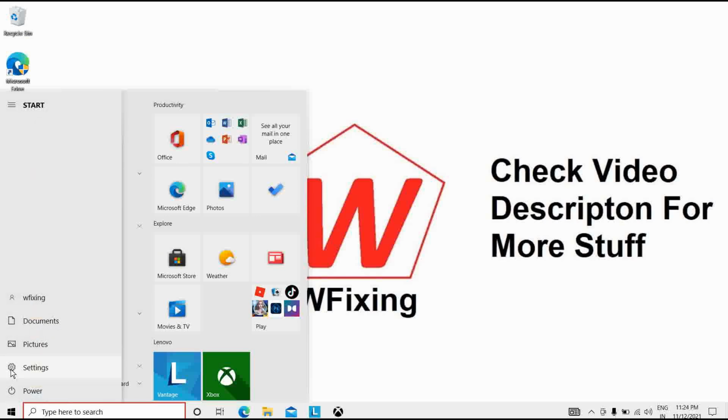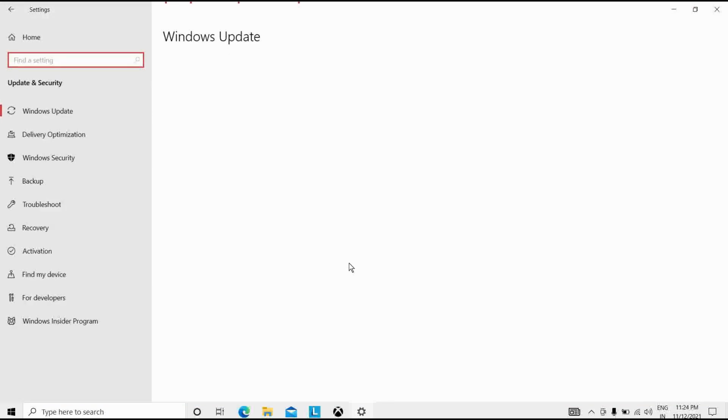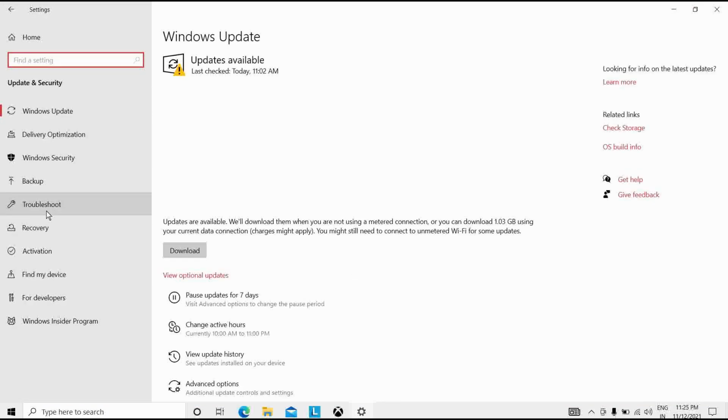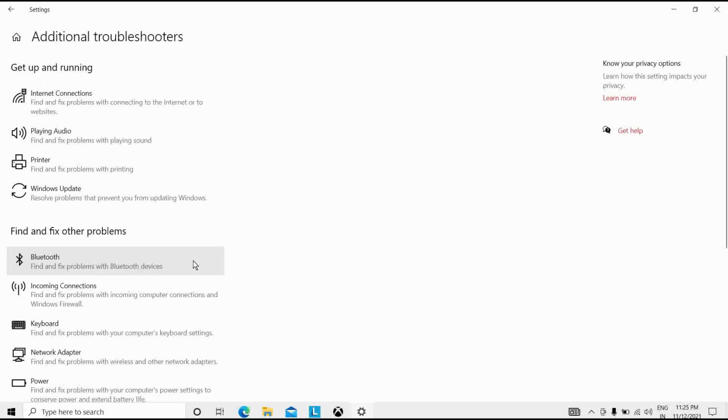After that I will click on settings, and you can see here the settings tab opened in front of me. After that, I will click on updates and security. After that I will click on troubleshoot. So you can see here the additional troubleshoot options. So I will click on additional troubleshooters.